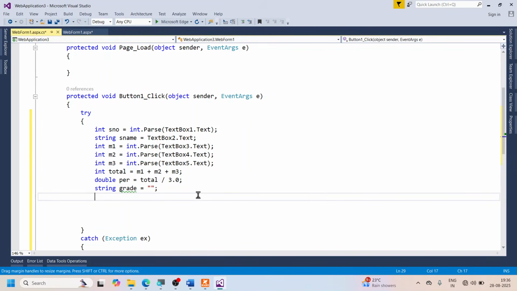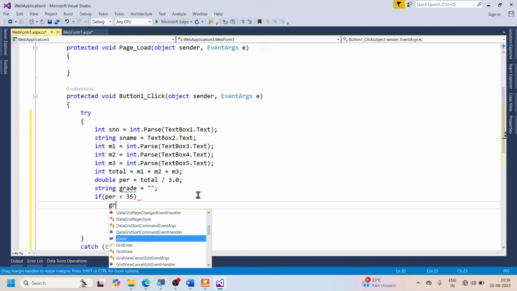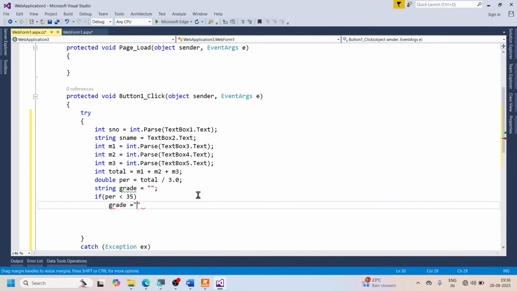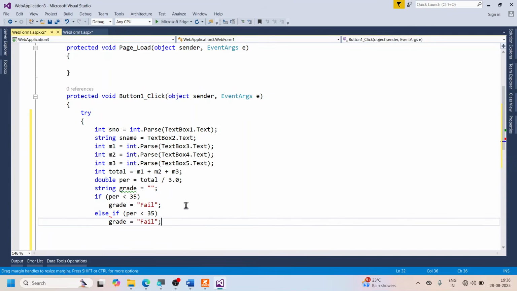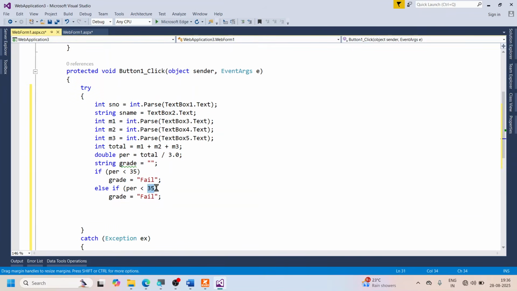Then I'm going to use the if condition for my checking. So if percentage is less than 35, so you know very well percentage is less than 35, then what is the grade? The grade happens to be fail. Okay, so that is it. Next, else if, I'm not going to type it again. Else if, I'm going to just copy it and paste it here. Else if this is less than 50, then grade is